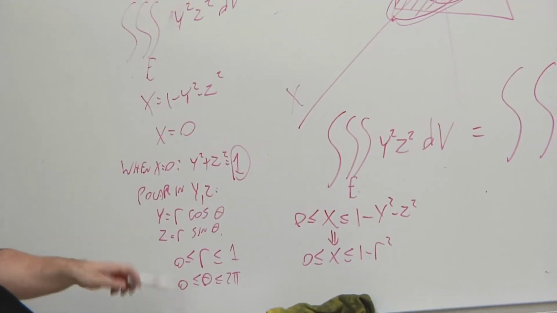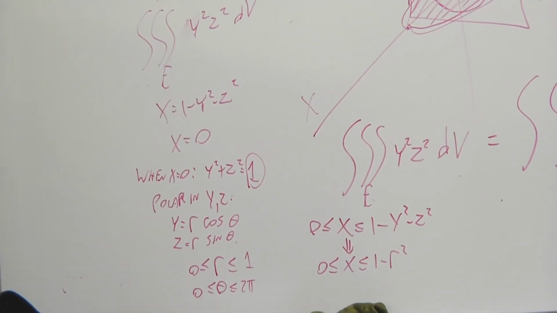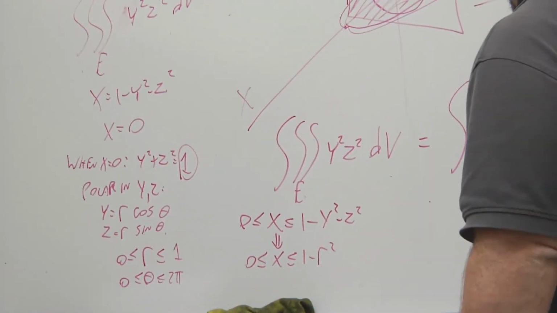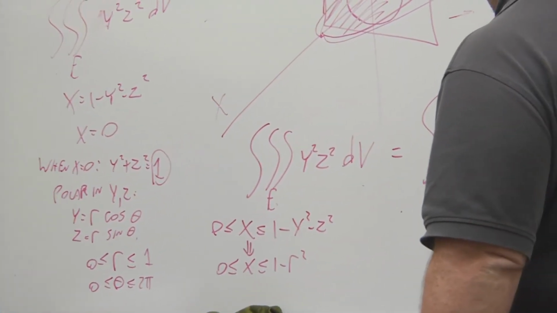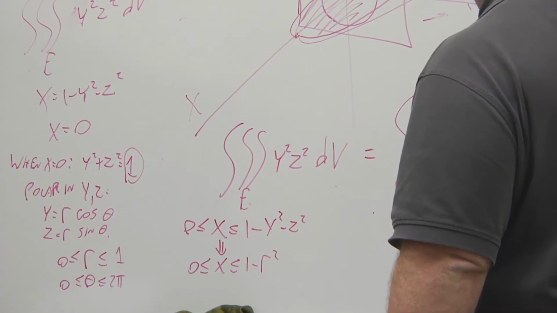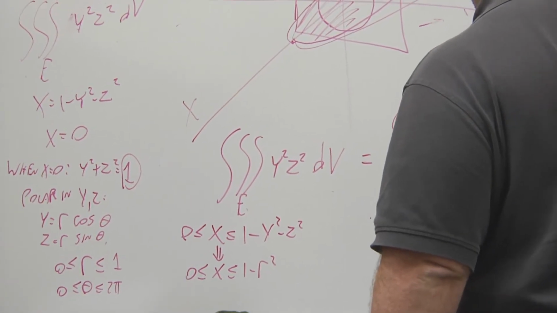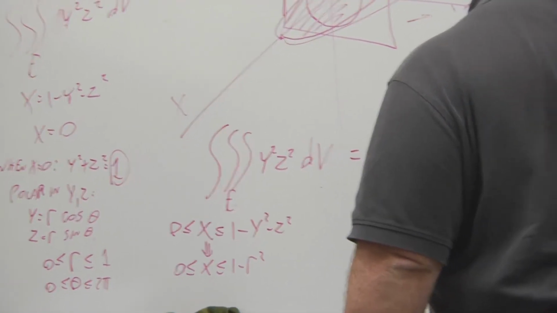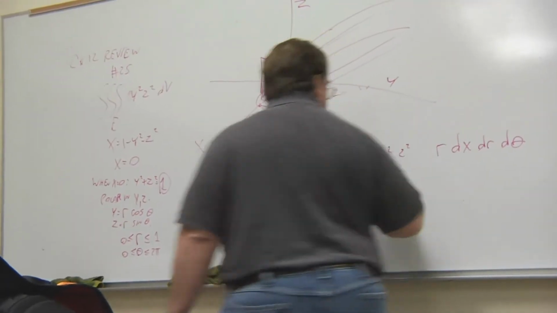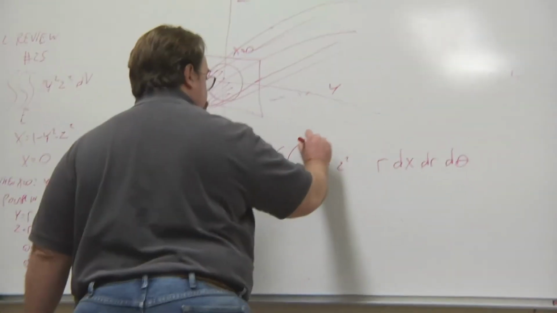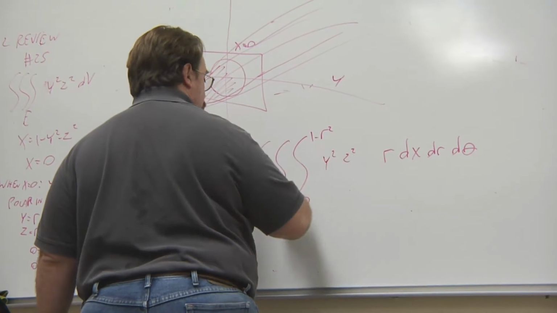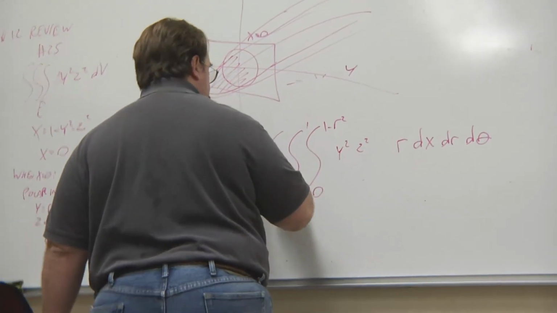R and theta, we can pick either one of those to be the outermost. It doesn't matter. So we'll make this y squared z squared r dx dr d theta. X goes from 0 to 1 minus r squared, r goes from 0 to 1, theta goes from 0 to